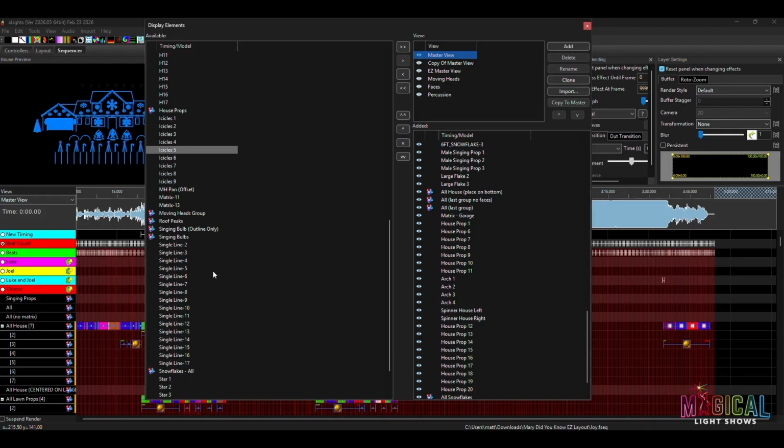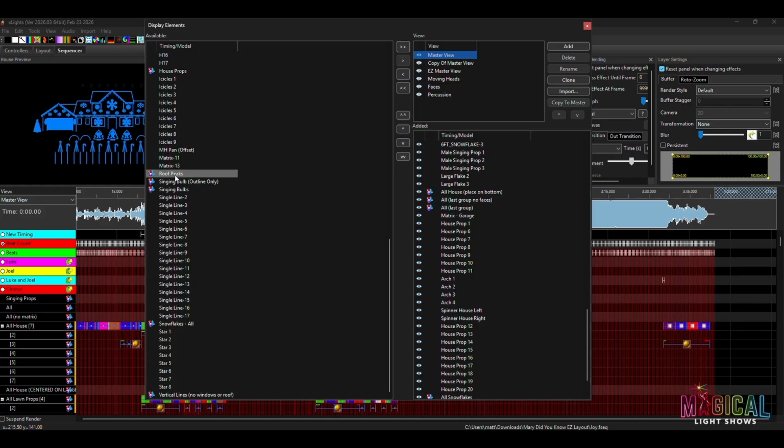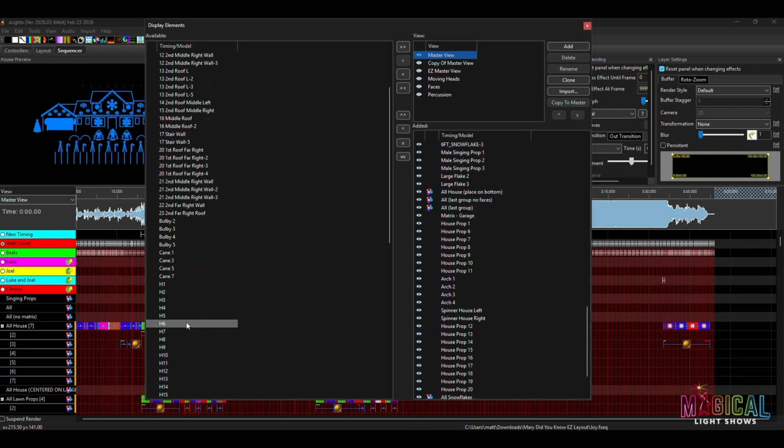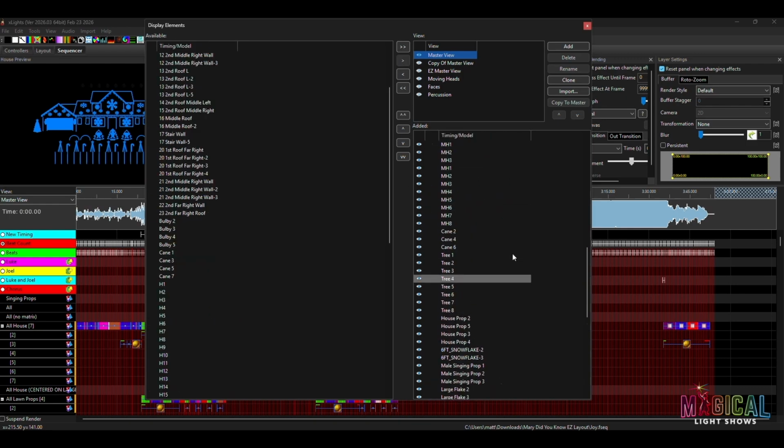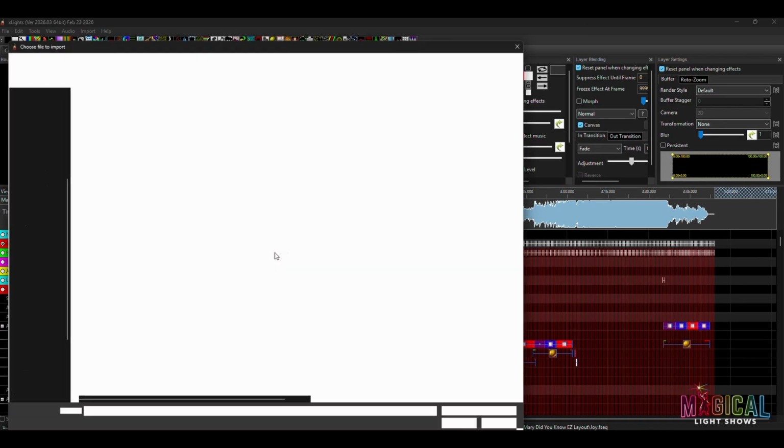We're going to need medium snowflakes. Moving heads group, we definitely need. Roof peaks. Okay, yeah, we could do roof peaks only. And singing bulbs, I don't think we'll use. Snowflakes all, maybe we'll use. Now what we have here is a master view of all the props that we're going to use. And these will now show up in the import window. We are going to have to rearrange this master view. But first, we are going to import the missing